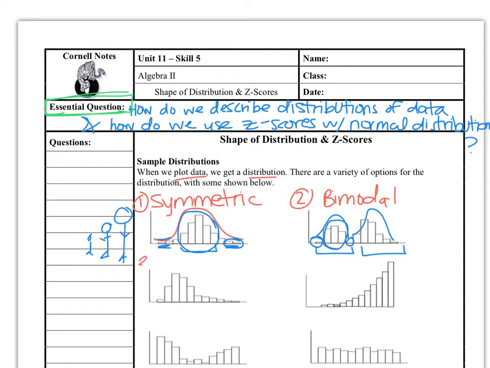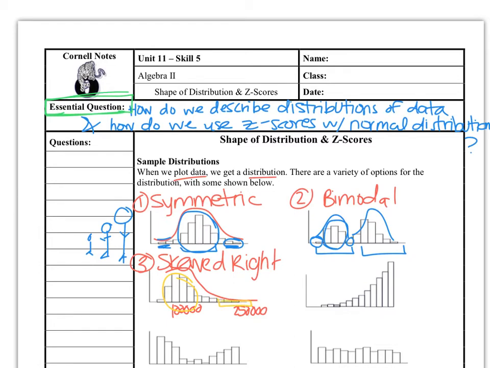Number 3, we've got something called skewed right. This is one that comes up, so you've got to know it. Notice this curve, tail to the right means skewed right. So something might look like housing costs. So you could have houses that are often about $100,000 in a particular area, and then you could have a few that are like $250,000 or more, right? So you have a lot that are in one range of numbers, and then you have very few in this